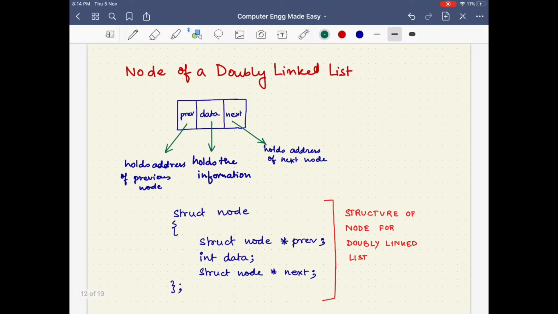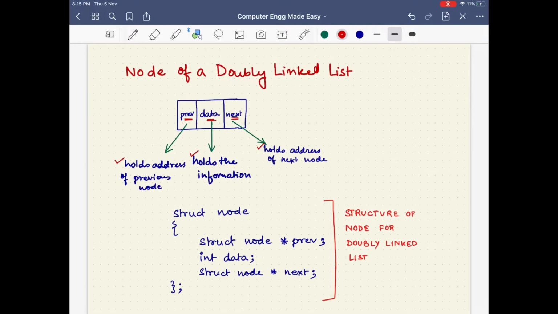Thus, we can say that a node in a doubly linked list has three parts. The first part is the previous part, which is basically a pointer to struct node type. It holds the address of the previous node. We have next the data member, which actually holds the information. And finally, we have the next pointer, which holds the address of the next node of the linked list.